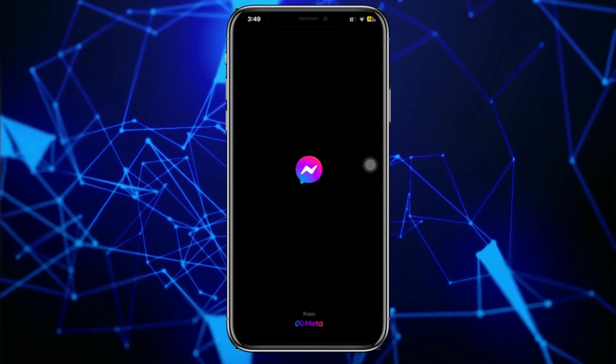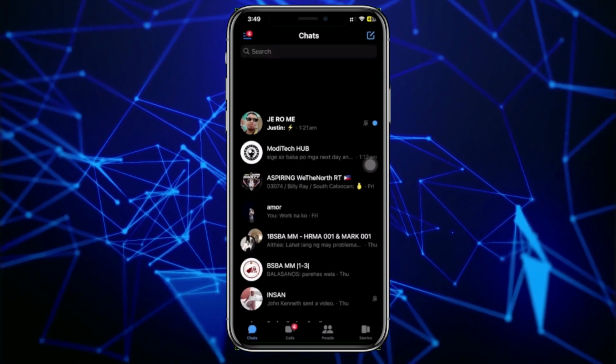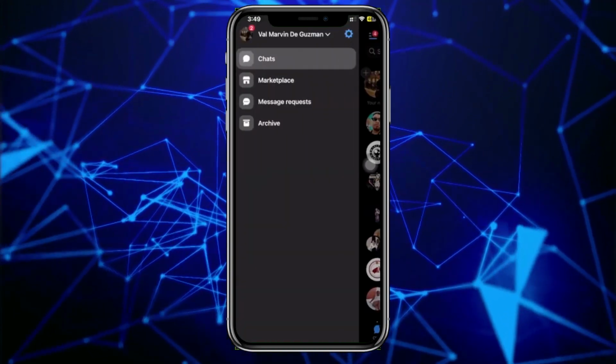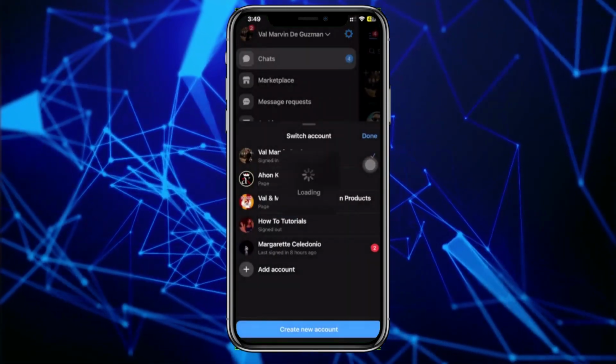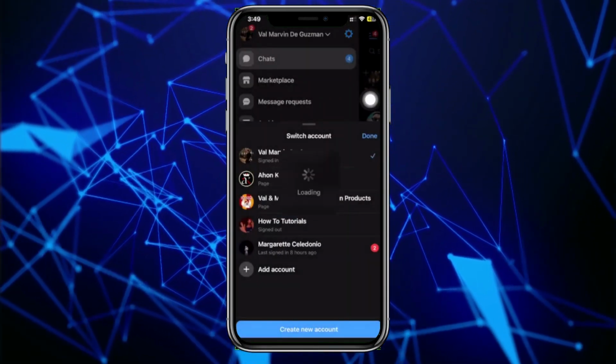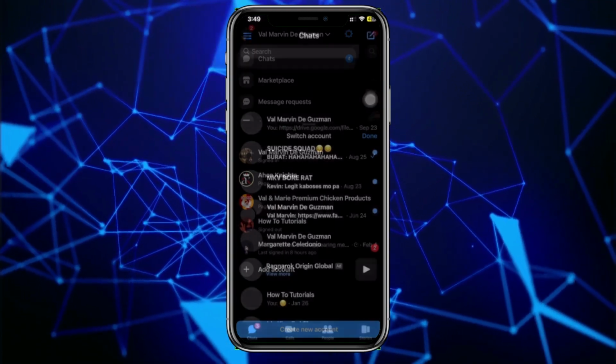Alright guys, in order for us to do this, what we need to do first is to launch the Messenger application. And I want you to proceed with logging into your preferred account. Once you're already on your preferred account, what I want you to do is tap on